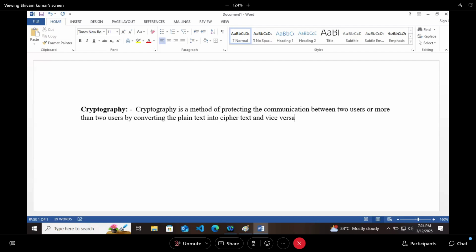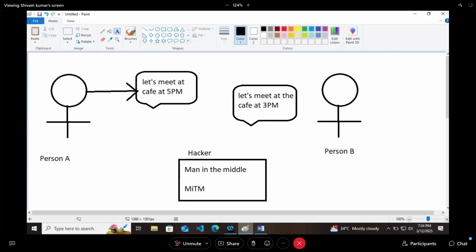So after that, developers noticed that there is someone in between who is hacking the message and changing the time of meeting at cafe. So they introduced cryptography, and I remember that this cryptography came around 2011, 12, and 13, something like that. I have read it actually. At that time I was not that good in all this stuff. So cryptography came in around 2011, 12, 13, and around 13, 14 it got implemented everywhere.